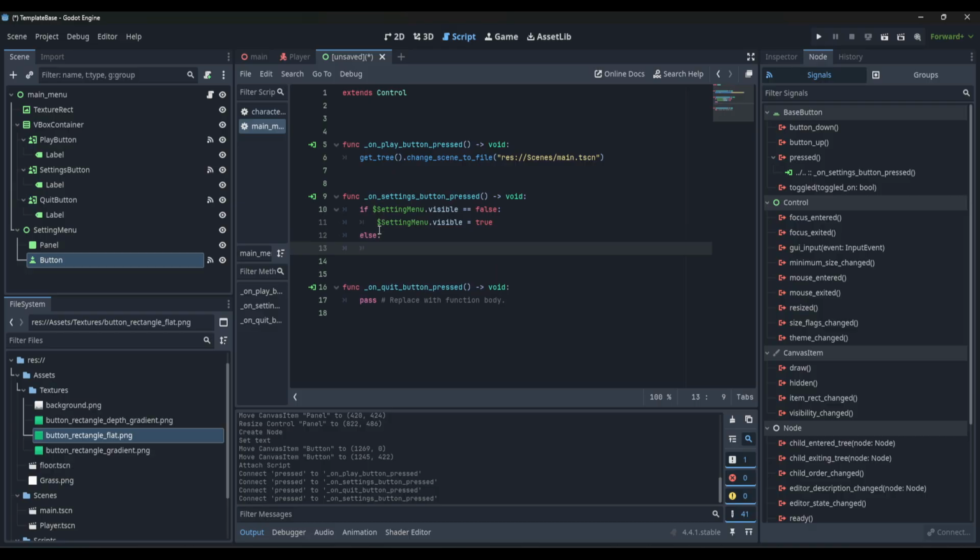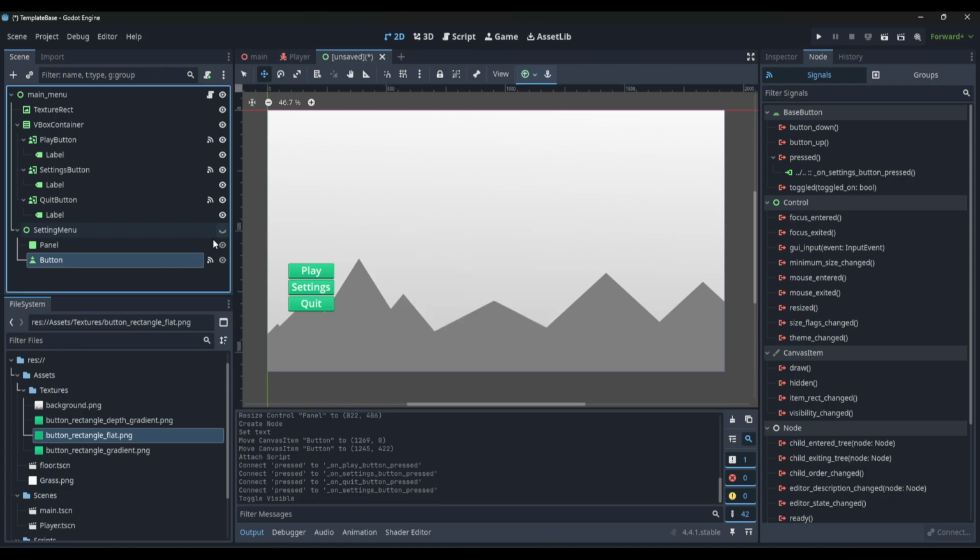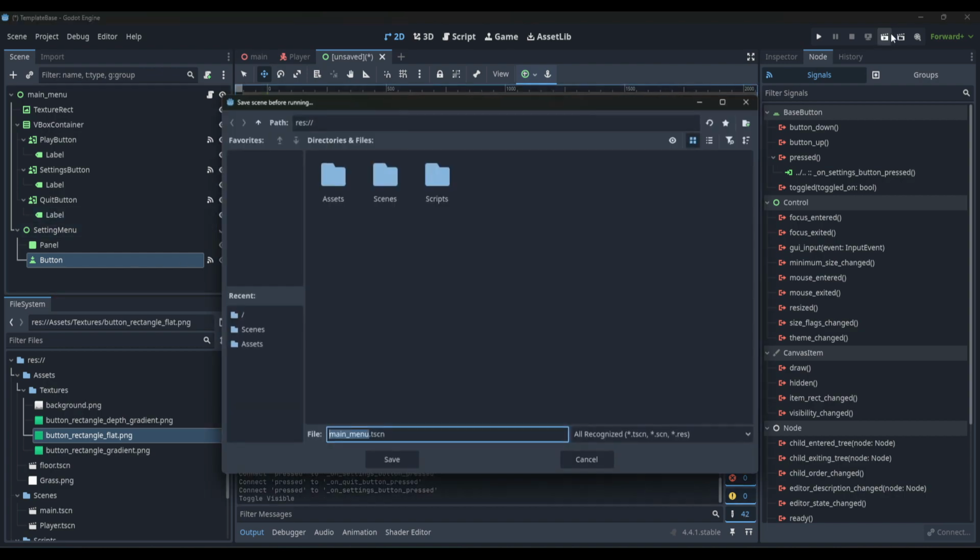Else we'll say settings_menu.visible equals false. And then the last one here for the quit button, we just have to do get_tree().quit. All right, so if we go ahead, we'll make this invisible, hit play, and we'll save this scene